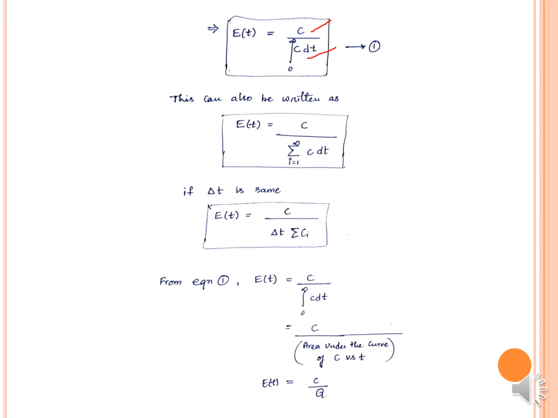This can also be written as C by sigma C dt. If delta t is the same, for example if I have data at time intervals 1, 2, 3, 4, 5, where delta t is 1, and delta t is the same for the entire data, I can take it outside the sigma, giving C by delta t times sigma C. From equation 1, we can write E of t as C by the integral from 0 to infinity of C dt, or C by the area under the curve of C versus t. This area under the curve we can write as